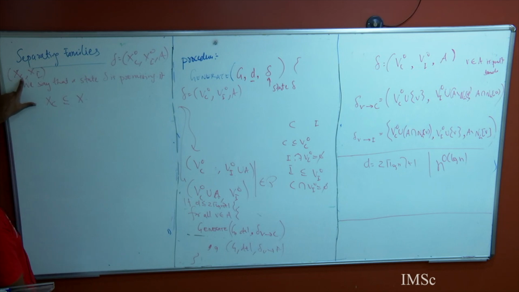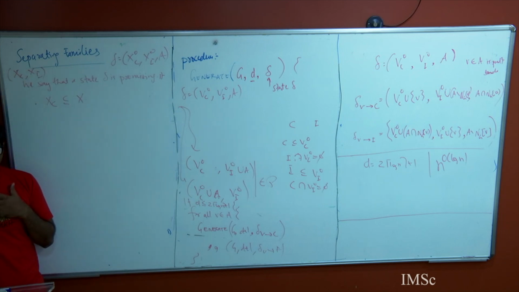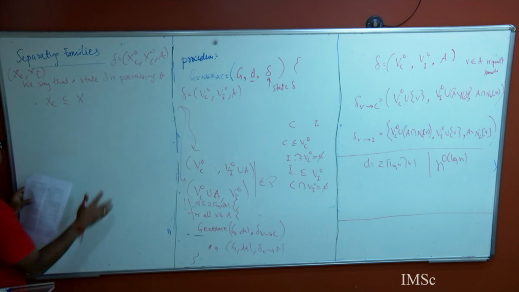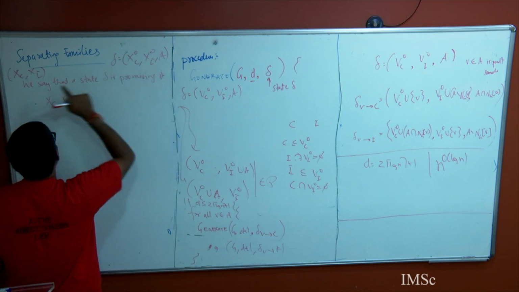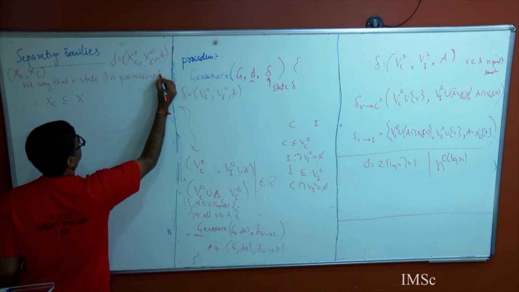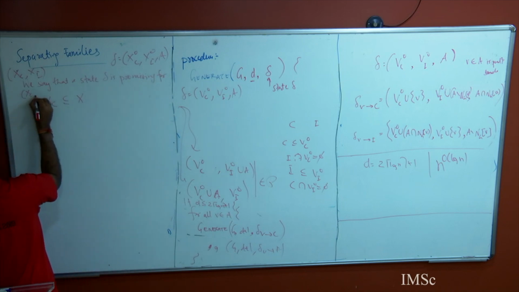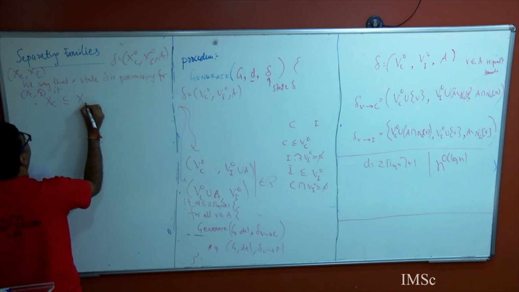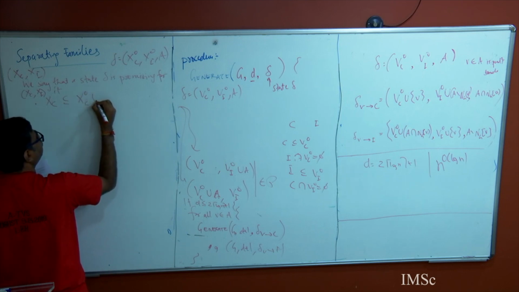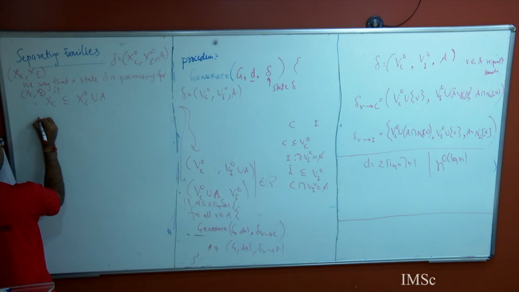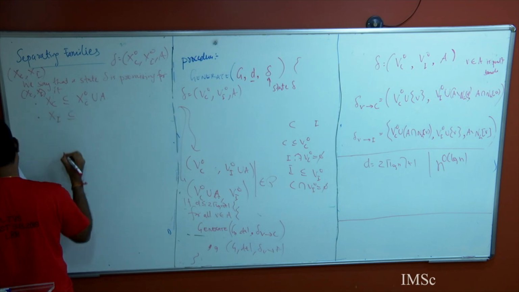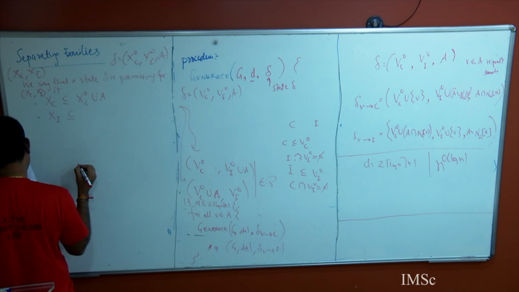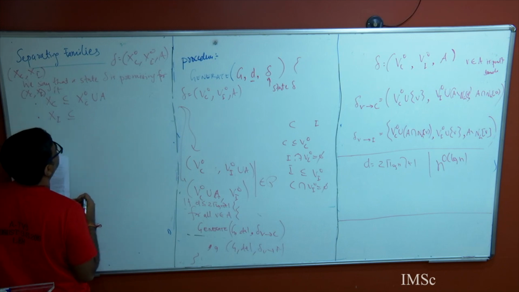So I have written XC and XI as that clique and independent set which you have in mind. With respect to that, we say that a state delta is promising for XC, XI if XC is a subset of XC0 union A, and XI is a subset of